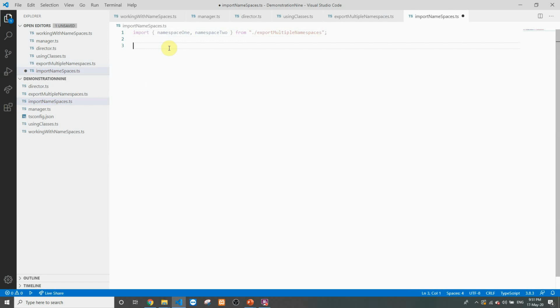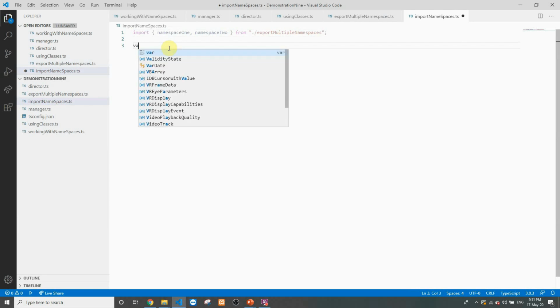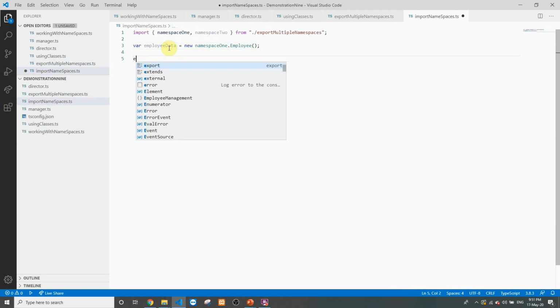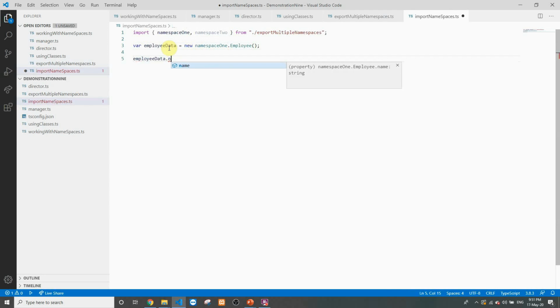employee, which comes from namespace 1. And also we'll create an object of type manager, which comes from namespace 2. So we'll create var employee data equal to new namespace 1 dot employee. So let's assign the name to this particular employee, employee data dot name equal to random.